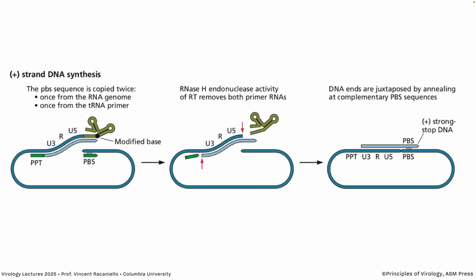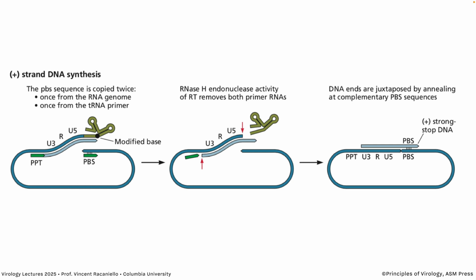Here we are, and we finished copying that first RNA. We also copy the primer binding site, which would be where the tRNA is going to hybridize. And you see that the synthesis of the second strand has already begun, the light blue color, using the PPT as a primer. All right, the primer is taken off, the tRNA is taken off, and now you have the full first strand, and now you can make a full second strand from that.